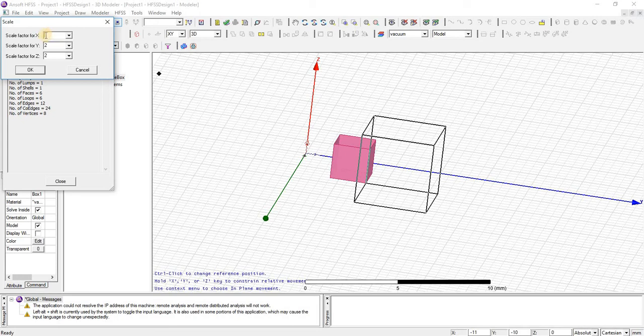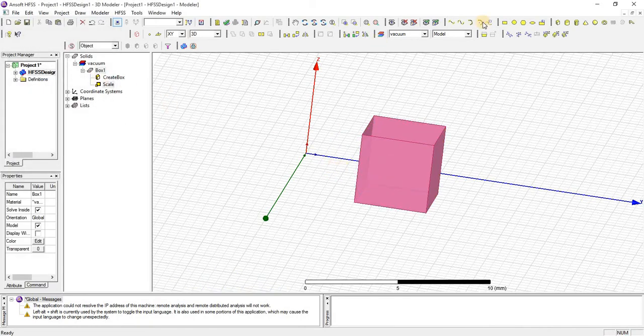Whatever factor we select here will be multiplied with our original axis, x value with x value, y value with y value and z value with z value. Similarly with position. For a simple example, we are choosing 2, 2, 2. Press OK.